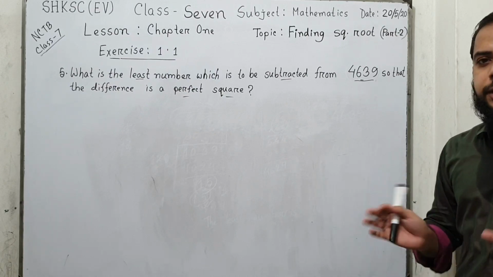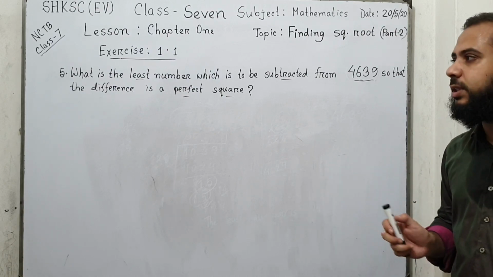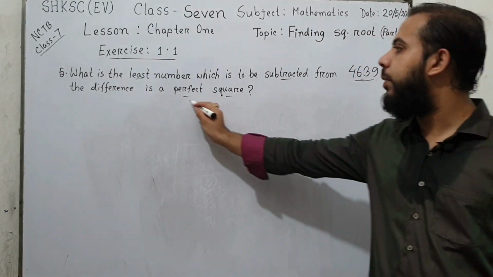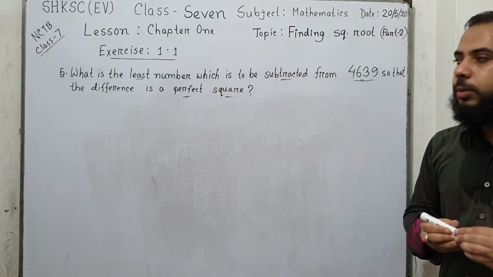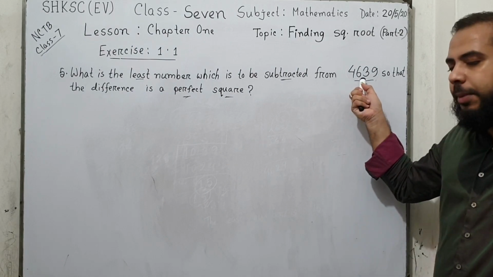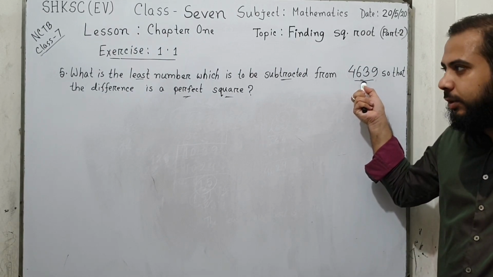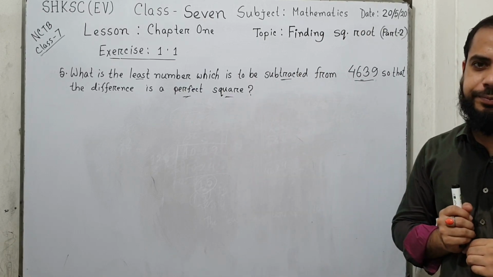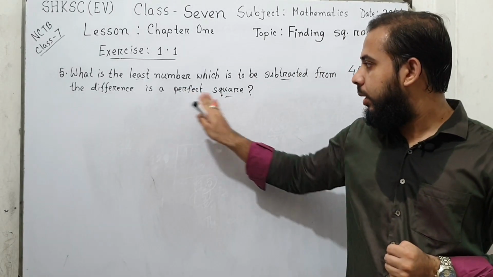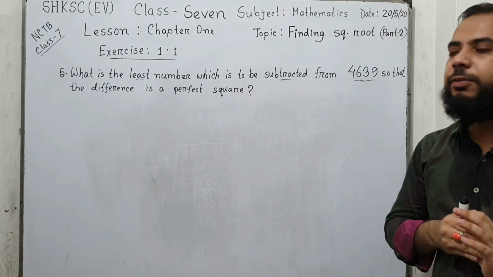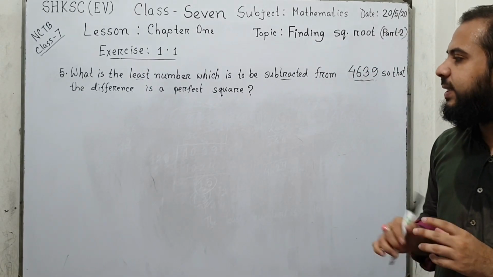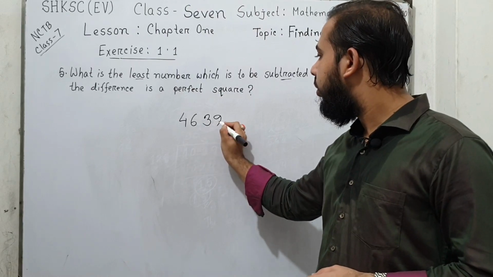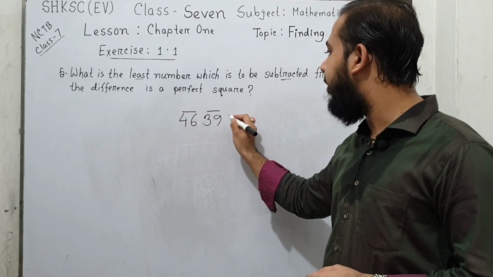Now read the question again carefully and look for the keywords. Here the keywords are least number, subtracted, and perfect square. So a number should be subtracted from the given number so that the difference will be a perfect square. Now let's see. At first we try to make the perfect square of